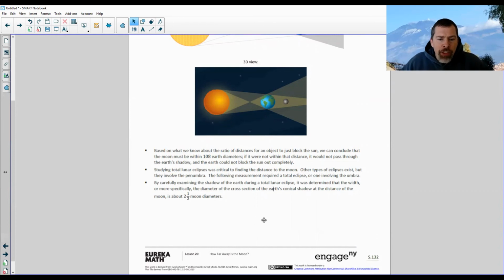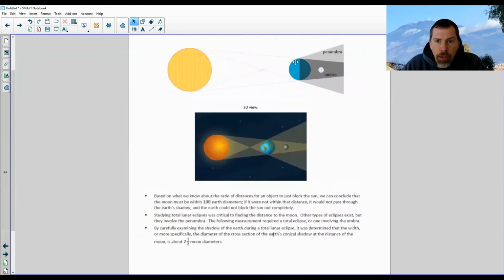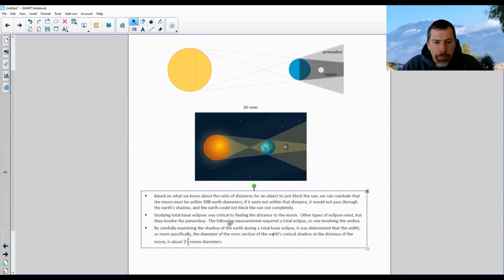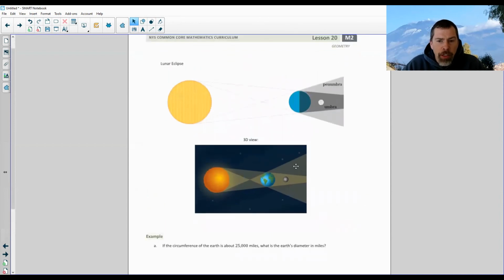By carefully examining the shadow of the Earth during a total lunar eclipse, it was determined that the width, or more specifically the diameter, of the cross-section of the Earth's conical shadow at the distance of the moon is about 2½ moons. So they're saying right here is 2½ the diameter of the moon. Is that right? The cross section of the Earth's conical shadow is 2½ times the moon's diameter. Okay, so there's some information on